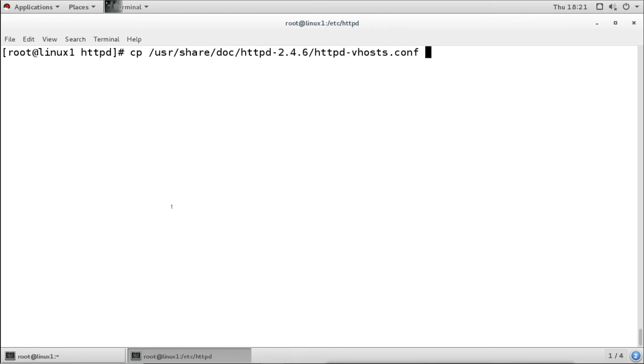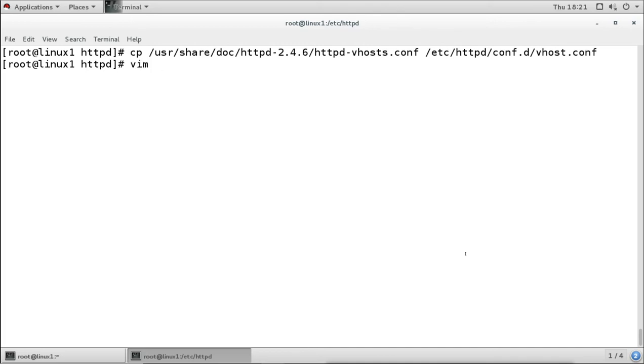I will copy this file into the root directory, under the conf.d configuration directory, and I will give the file the name vhost.conf. The name could be anything, but it must be .conf, because .conf files are going to be loaded. Now I did copy it there, and now I will make the changes that I require.